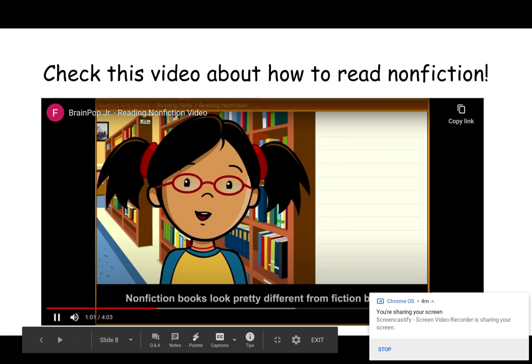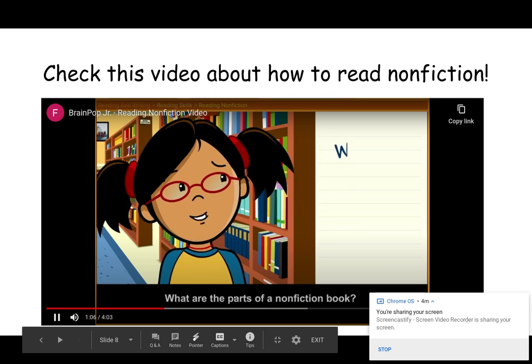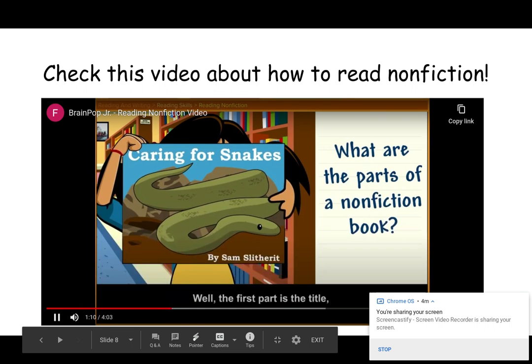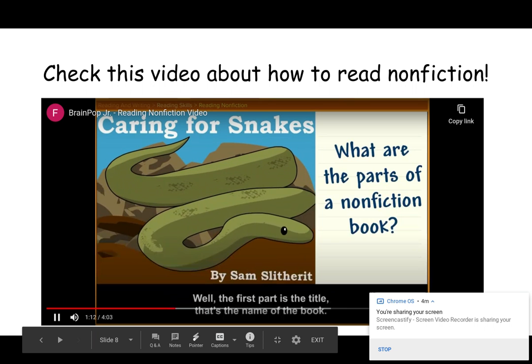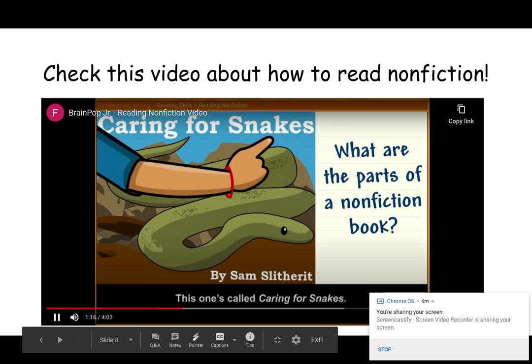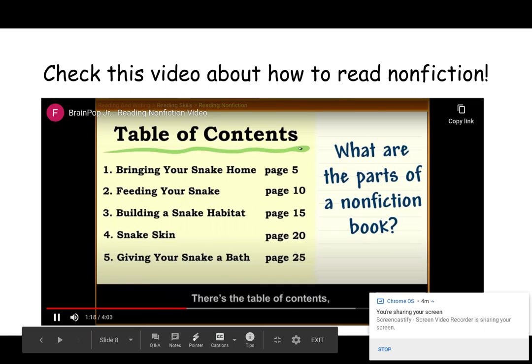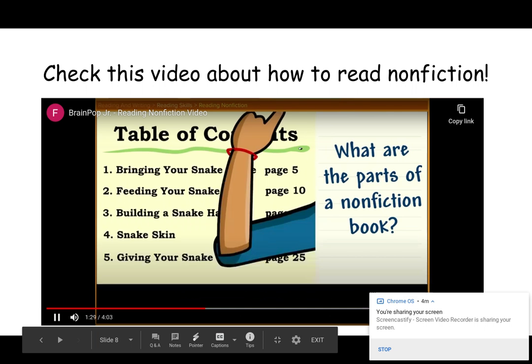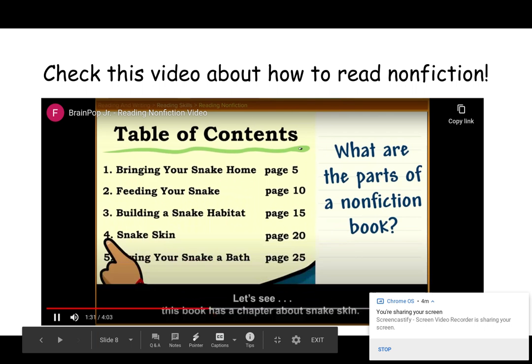Nonfiction books look pretty different from fiction books. What are the parts of a nonfiction book? Well, the first part is the title. That's the name of the book. This one's called Caring for Snakes. There's the table of contents, which lists all the chapters and what pages they're on. You can read the table of contents to see if the book will tell you what you want to know. Let's see. This book has a chapter about